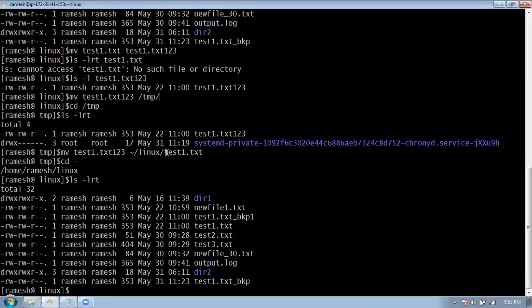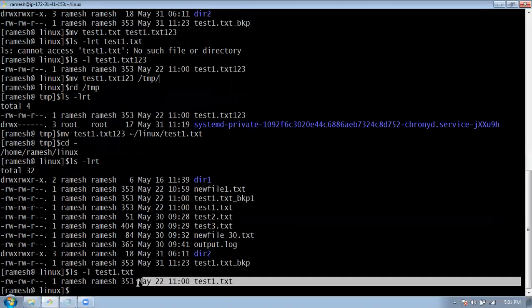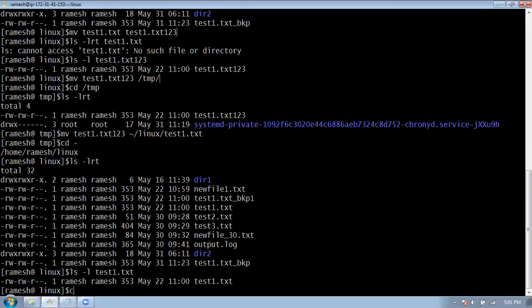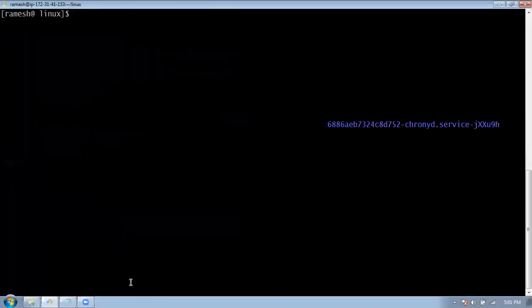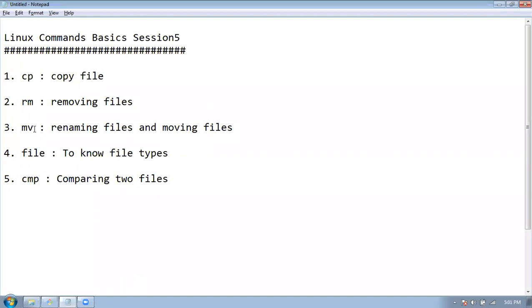So now there should be a file with this name. It is available, so I moved it back. This is how we use the rename and move commands. For move and rename, we have only one command, that is called mv.